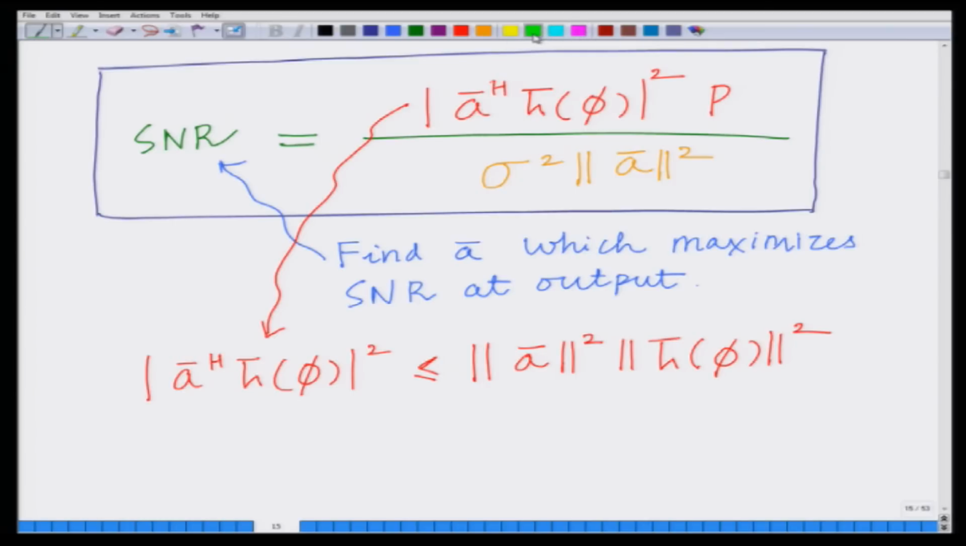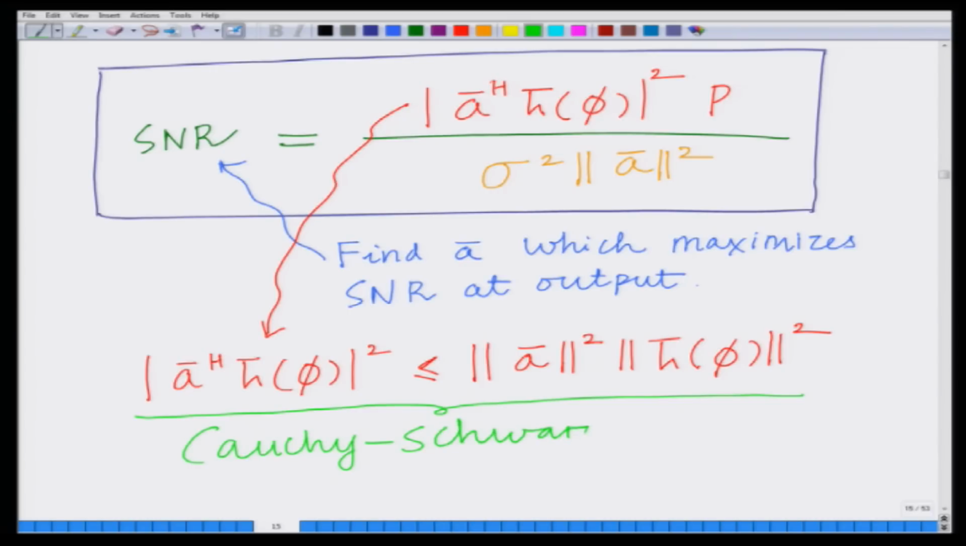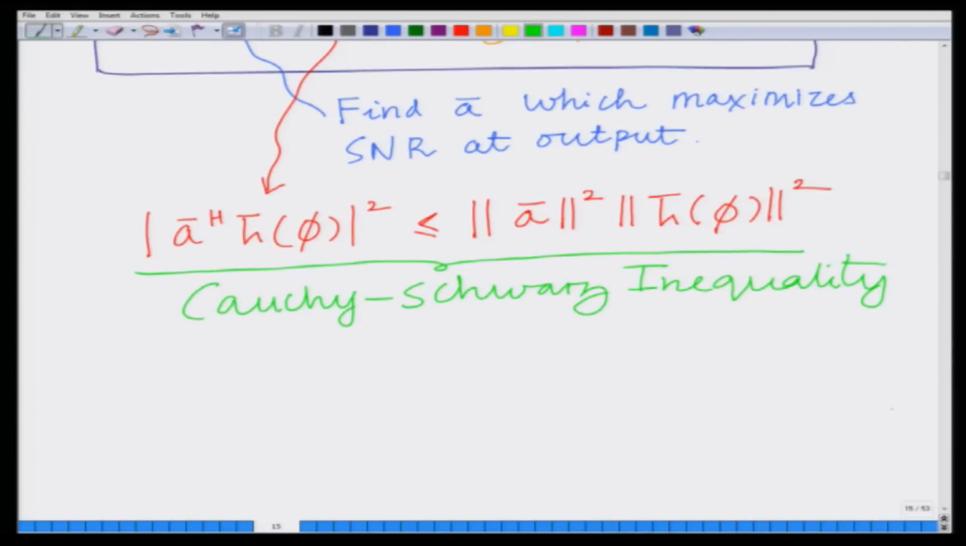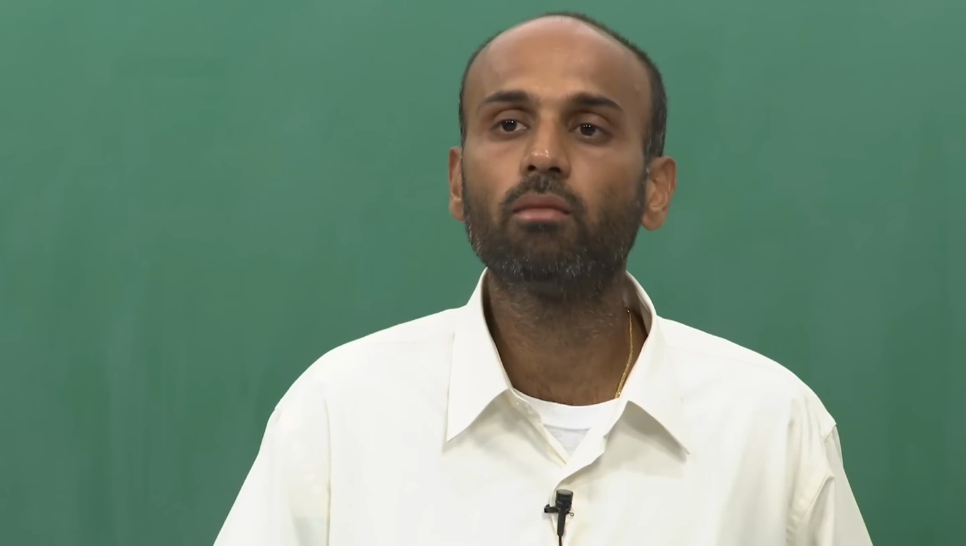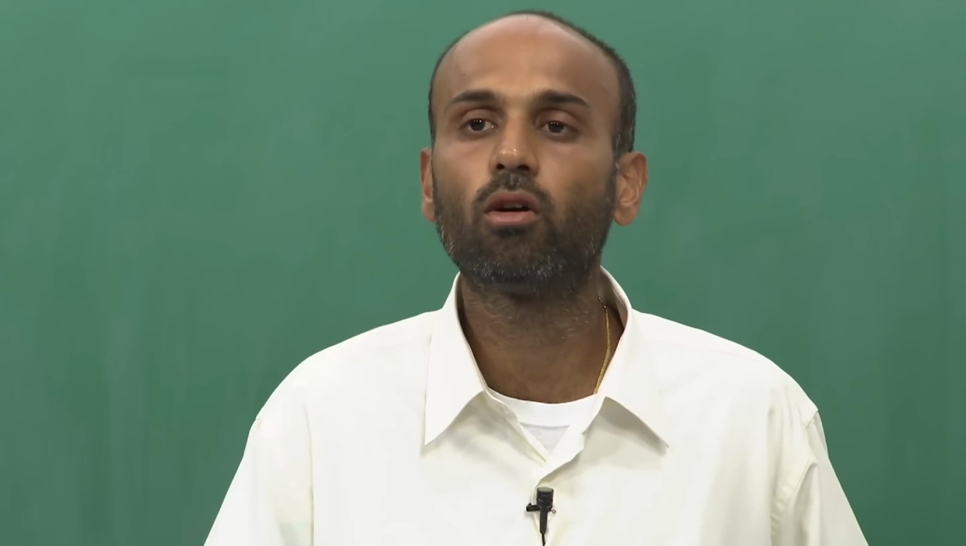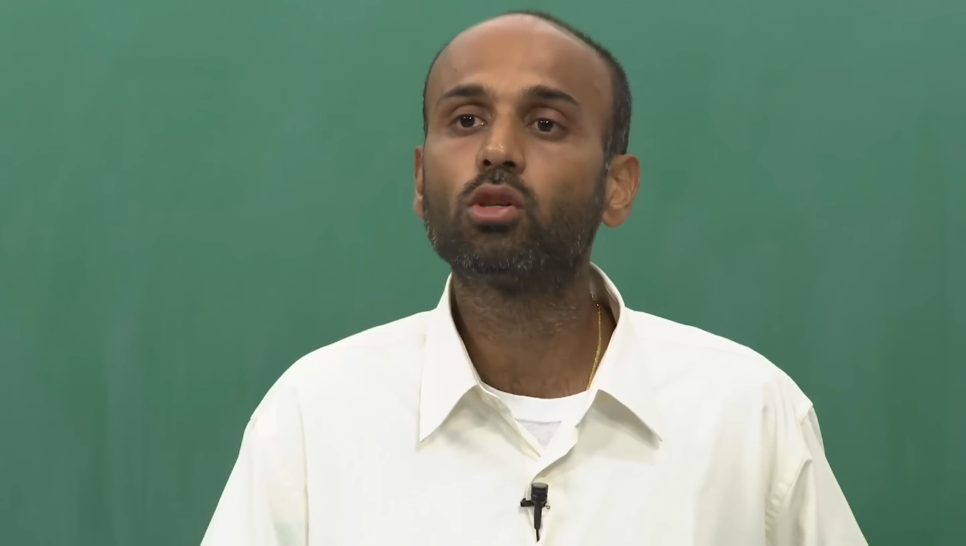This follows from what is known as the Cauchy-Schwarz inequality, also sometimes known simply as the Schwarz inequality. It follows from the Cauchy-Schwarz inequality that the magnitude of A bar Hermitian h bar phi, magnitude squared, is less than or equal to norm A bar squared times norm of h bar phi squared. Therefore, my SNR